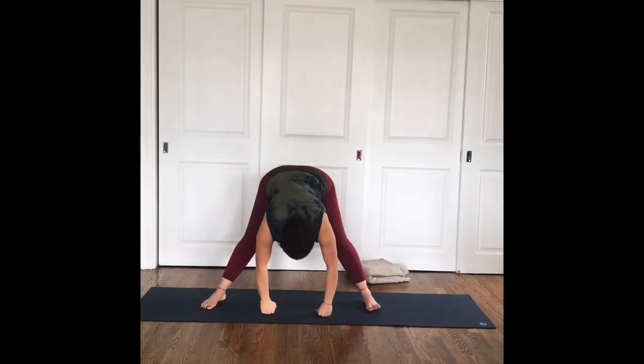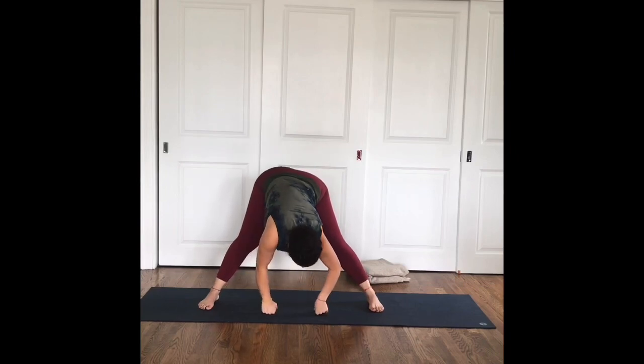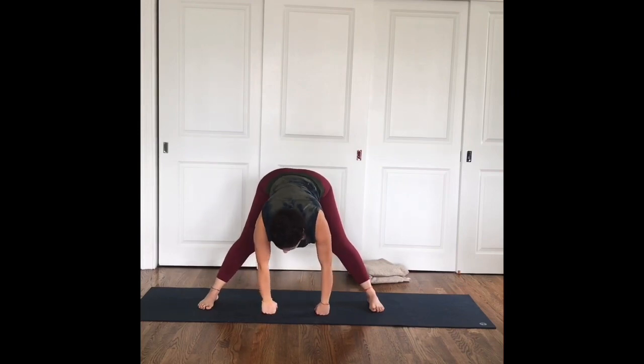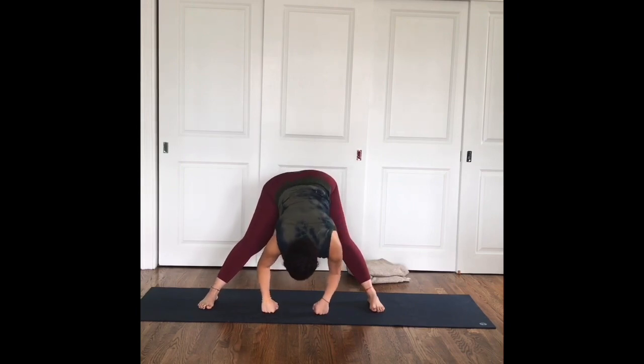Lower your hands down on your mat. Relax your head and your neck. Let's start to draw some circles. So I'm coming on my fists here, because my forward fold is going to take me all the way down. So if you need to prop yourself up a little bit, you can. And you're going to start to bend the elbows,